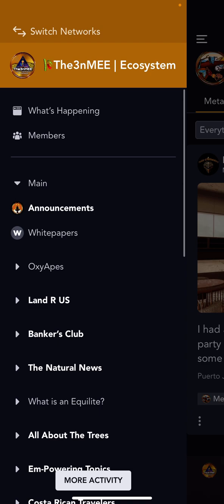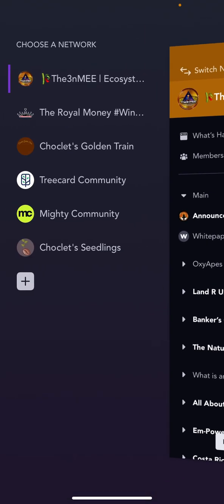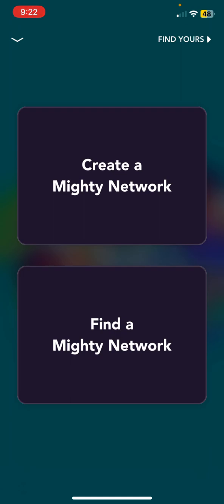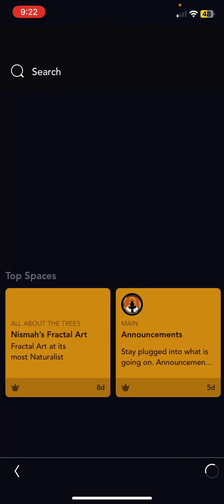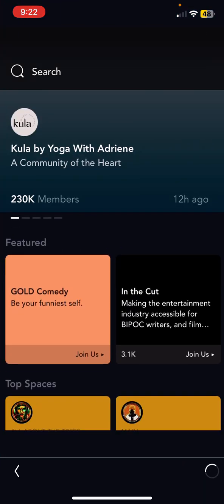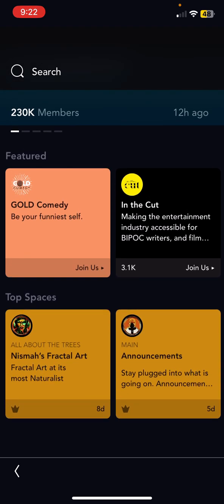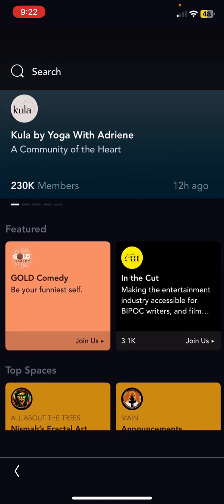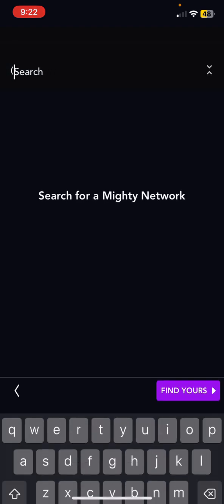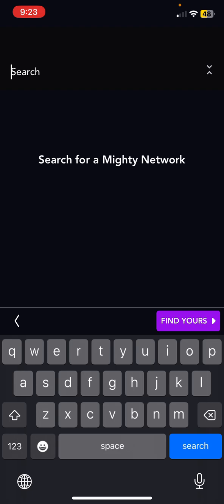How does the Mighty Network work? Well, if you click the top, it says switch networks. You'll see that there's multiple networks within the Mighty Network. When you add it, you can even create your own or find a new network. There's so many networks here that help you get in touch with whatever it is you're trying to build and sow and grow. If I wanted to go to tree planting,